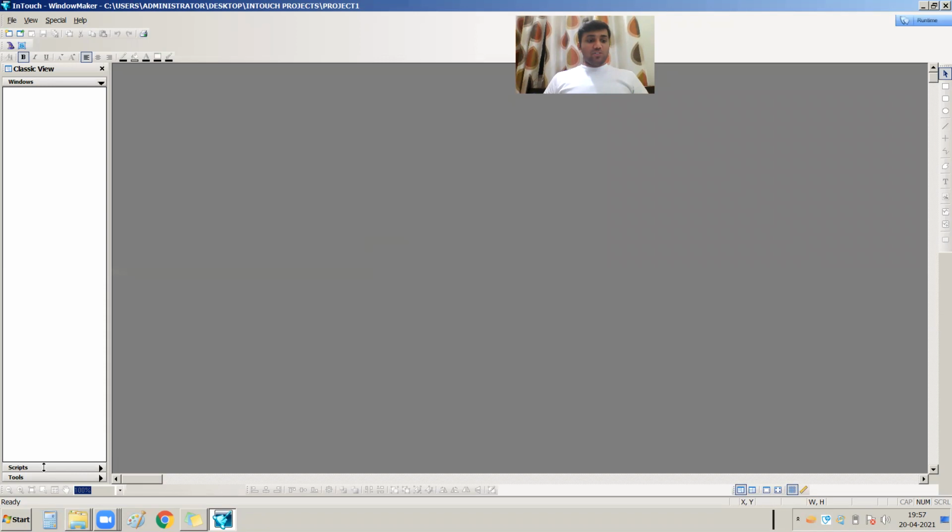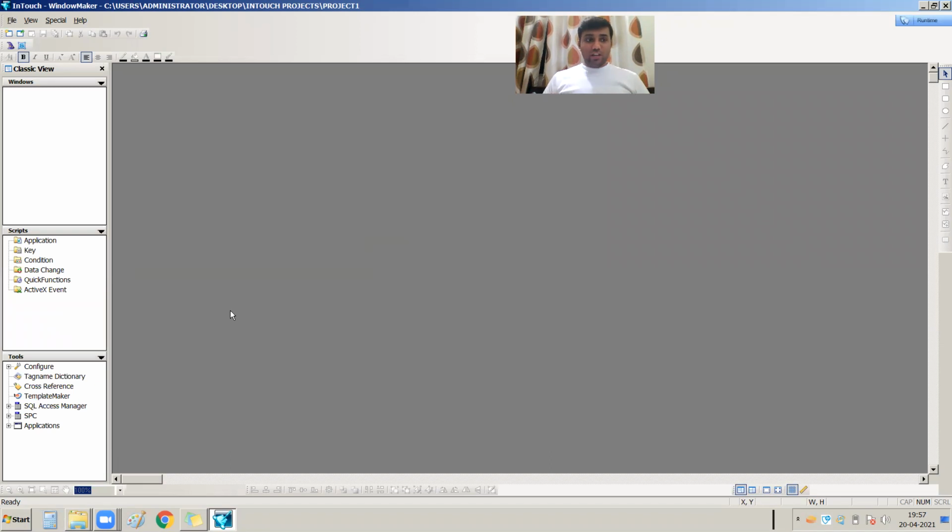This is a blank project because we have done nothing till now. This is where you can develop your screens and deal with different types of tools. This is the Window Maker window, the main window of the development area.